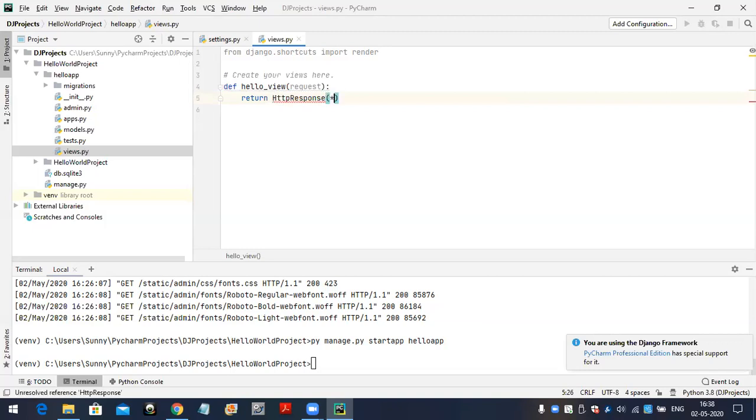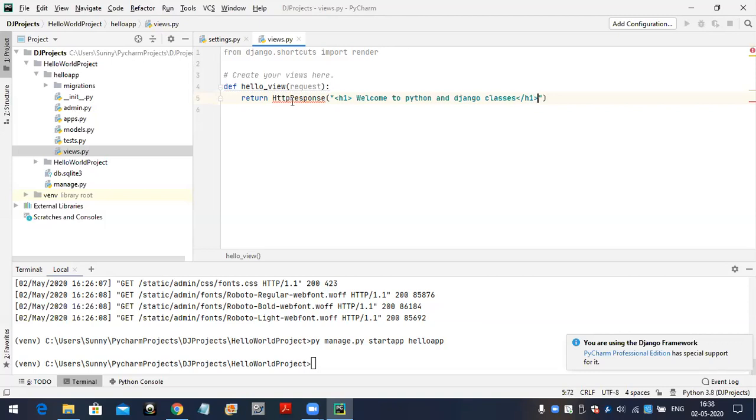Inside this I will take one h1 tag: h1 Welcome to Python and Django classes /h1, like this.